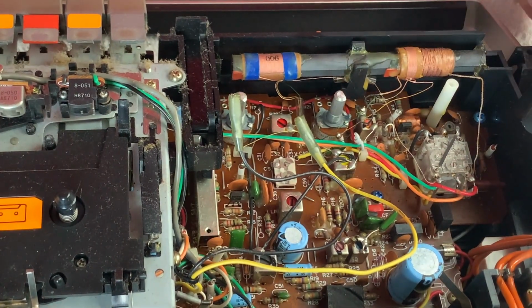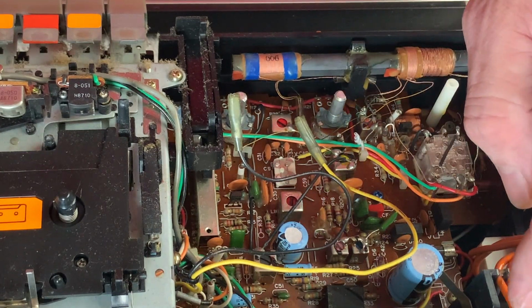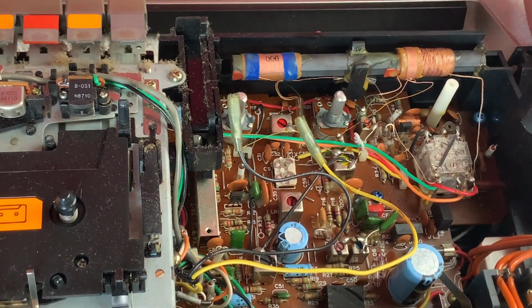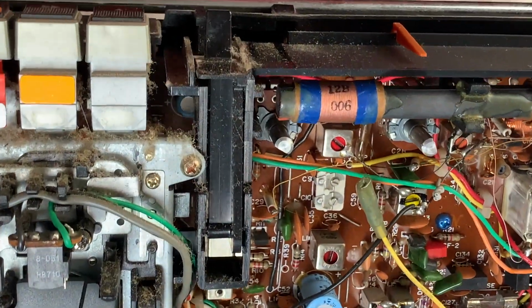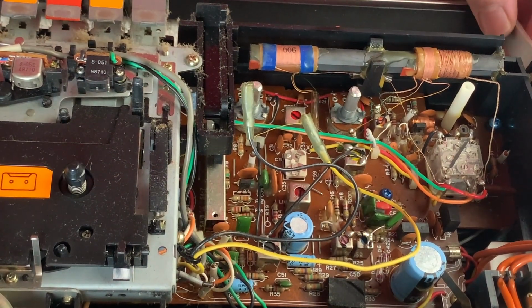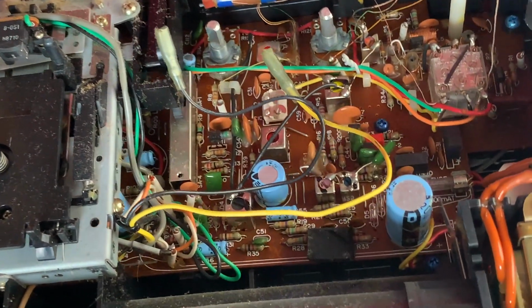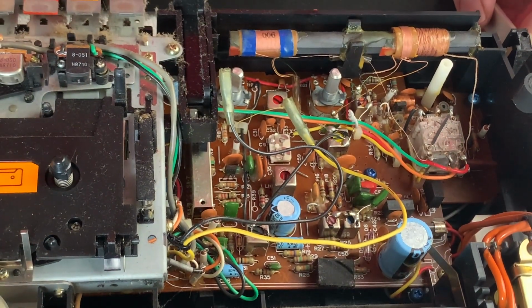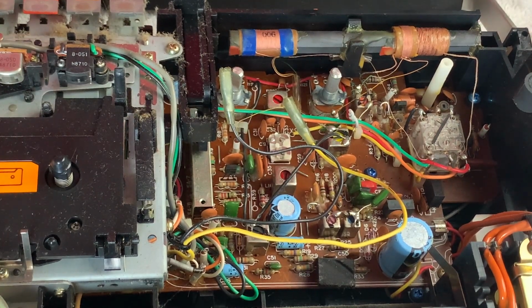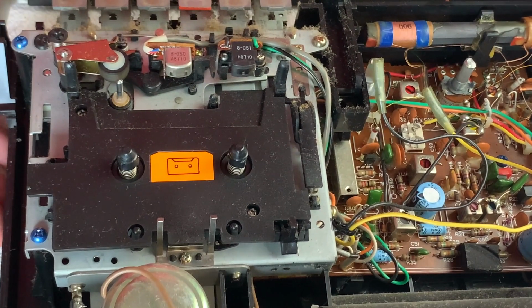So I reckon if we took out 1, 2, 3, 4, 5, 6 screws, I would imagine the whole shebang probably just comes straight out. There are other screws there as well, but there's not too much going on really. But I wonder whether, for now, if we wanted to remove the cassette deck,